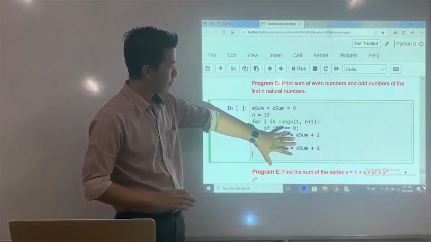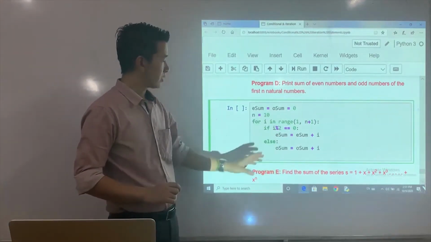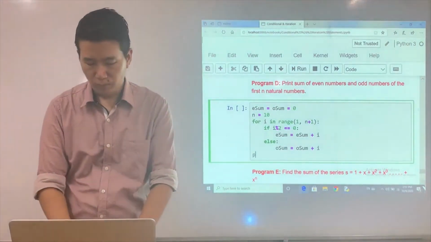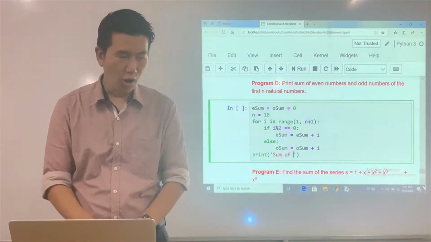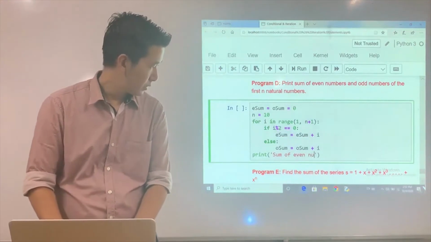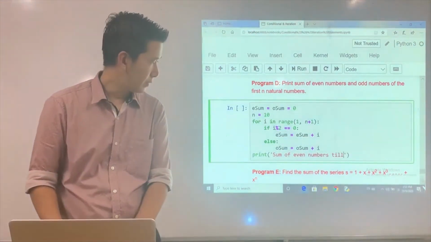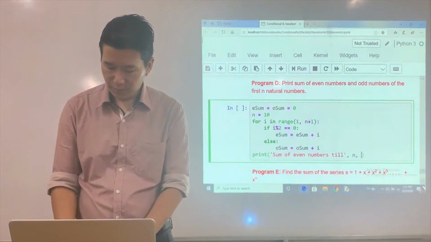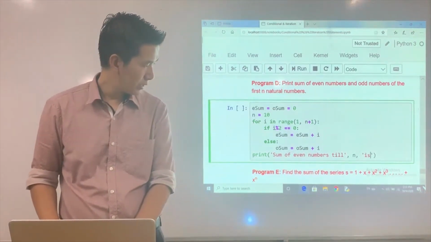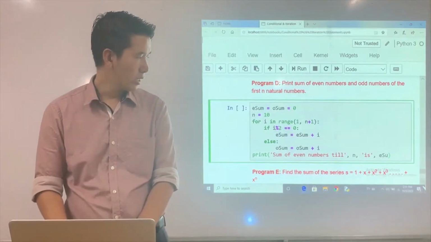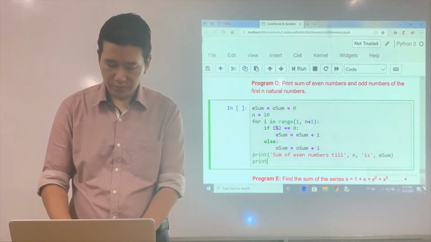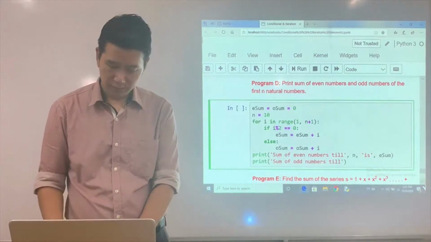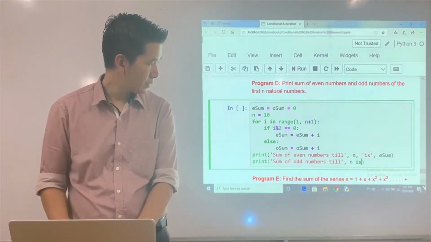And then finally, once I am done with the entire process, the final statement will have to print the value of e sum as well as o sum. So print the sum of even numbers till n is, and I'll just write here e sum. And then print the sum of odd numbers till n is